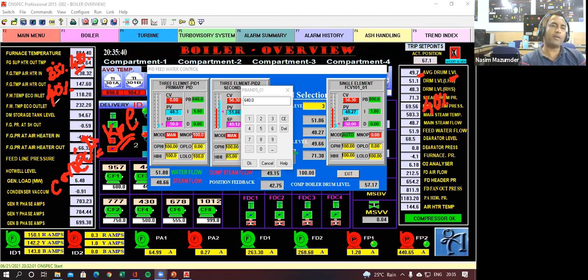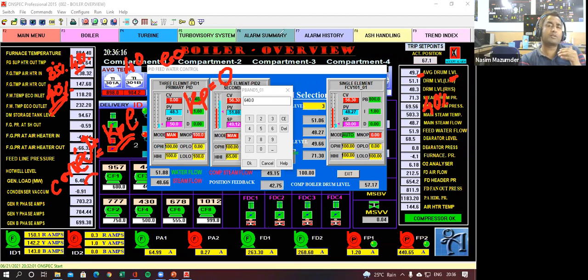So if I want to maintain this steady level when everything is steady, once your set point is 40% and your level is 40%, then error is 0. Error equal to 0. Now, whatever your Kp, that is not coming into the picture, because Kp into 0 will be 0. So correction will be 0. Whatever position you are having right now will be maintained.